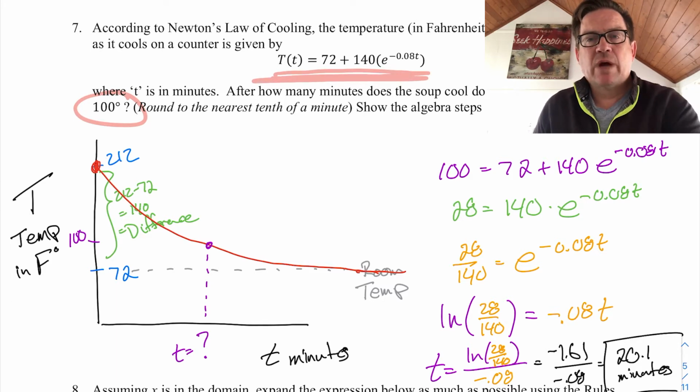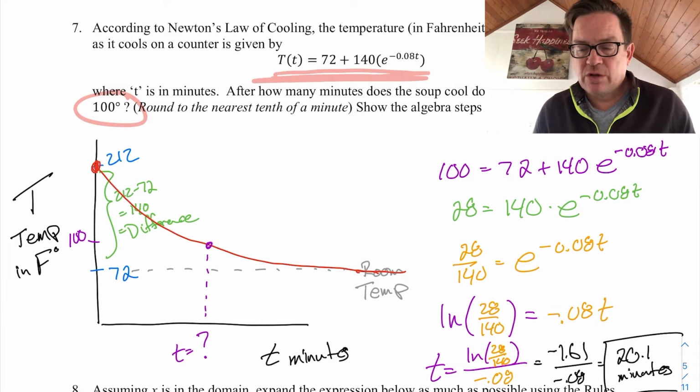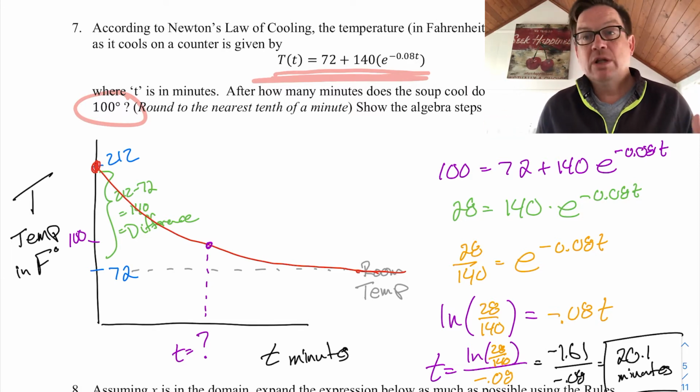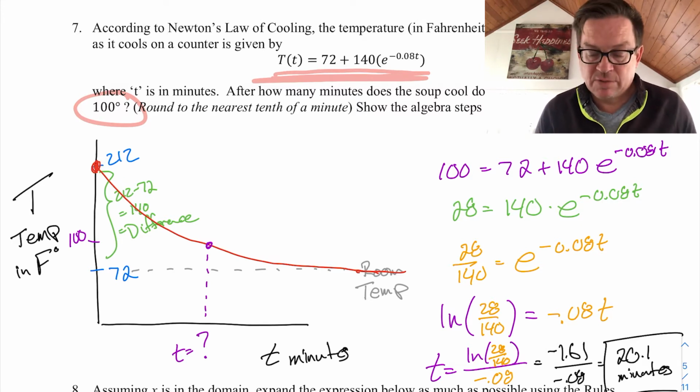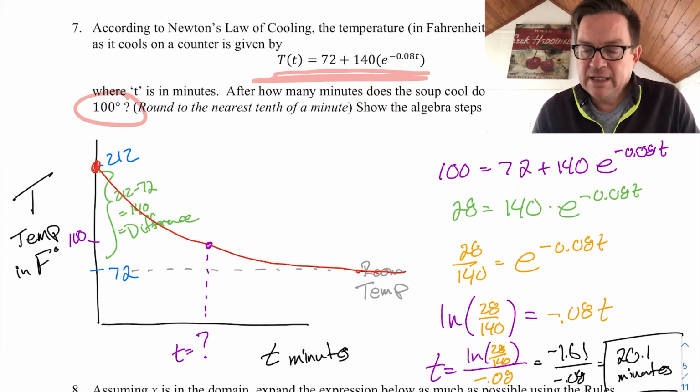But several of you, when you were asking about how to set this up, weren't sure where those numbers were coming from. What do 72 and 140 have to do with the problem? Well, let's draw a typical decreasing temperature problem over here on the left. The idea is